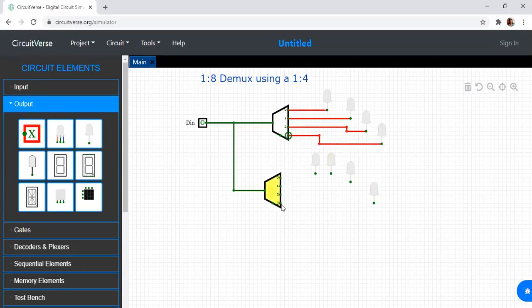See, this is 0, 1, 2, 3 because it is an inbuilt architecture. But what is the value that goes over there is important. So here we'll be having y4. Here I have y5. And here I'll be having y6. And the last one is y7. So we'll have this one.